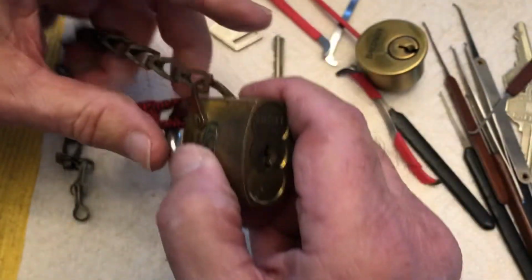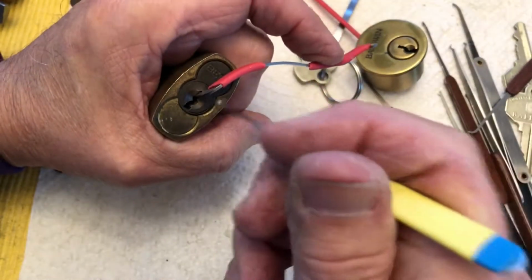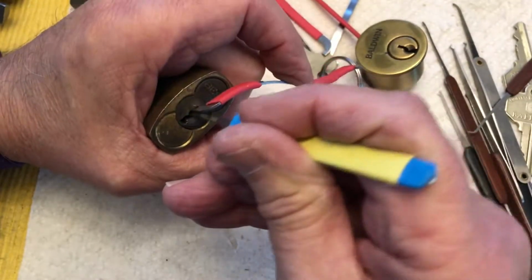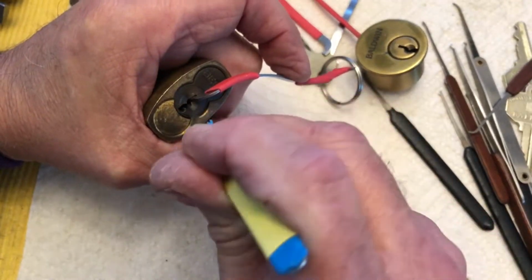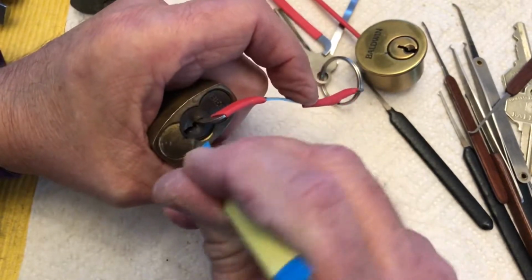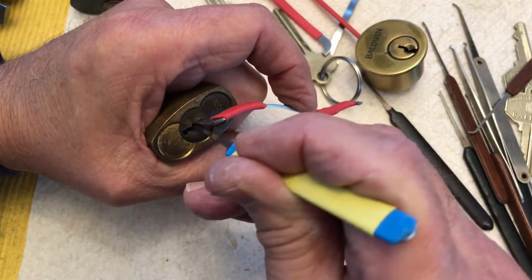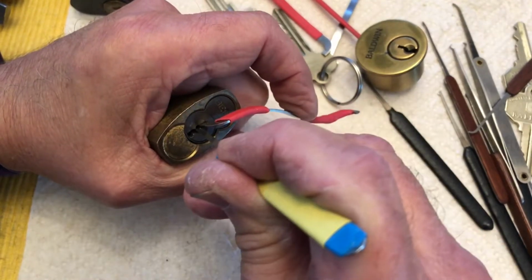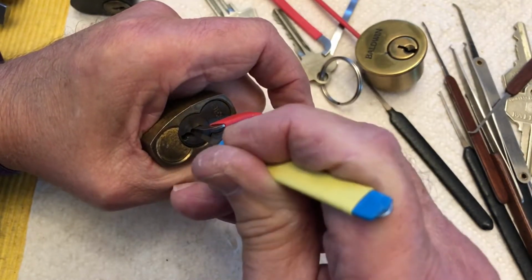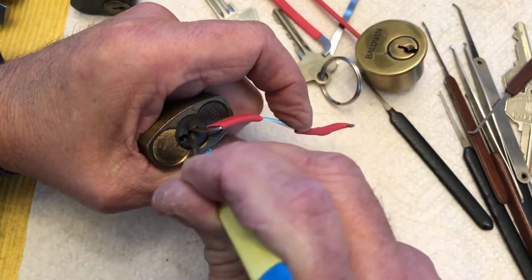So anyway, here's the keyway, and I'll see if I can pick this on camera. And it just takes some fiddling. You gotta feel the pin set. Of course, that's really with any lock, but you gotta keep checking, or I have to keep checking anyway. I think we got some set,